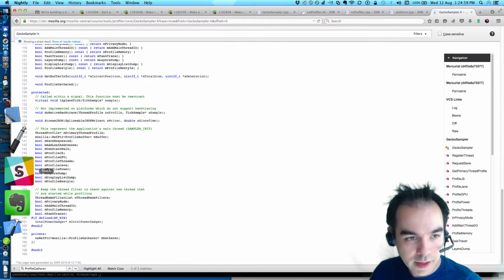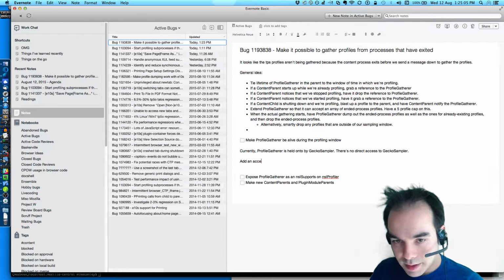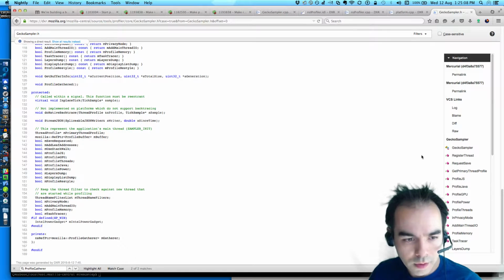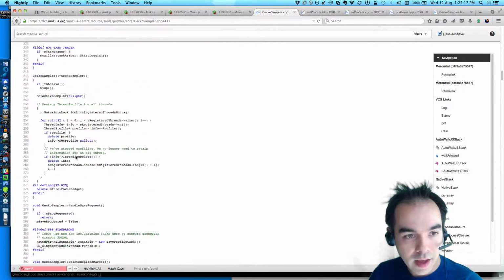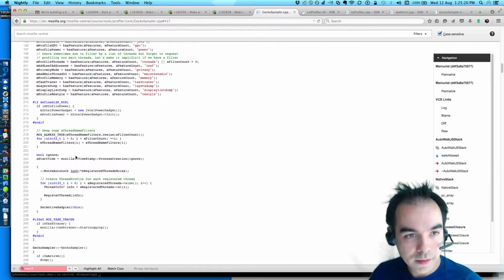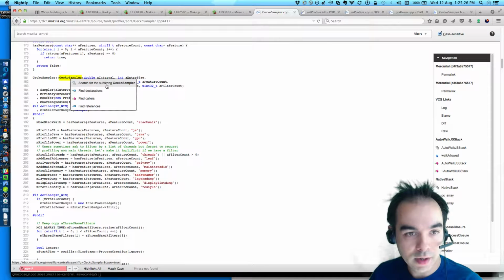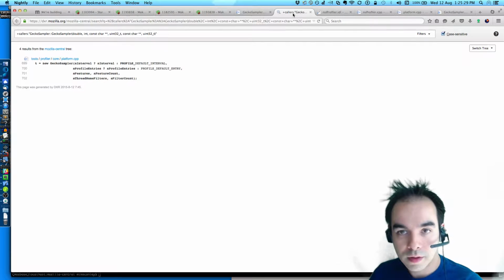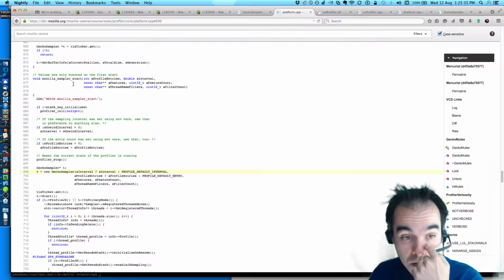Return it. Okay, so plan of attack. Add an accessor to, or wait, we have to think about the creation lifetime as well, because the profile gatherer is only created during the async gather call. And when is Gecko sampler created? Who instantiates a Gecko sampler? Here, under platform, under sampler start, we create a new sampler. So this would be an excellent opportunity to also create a gatherer.